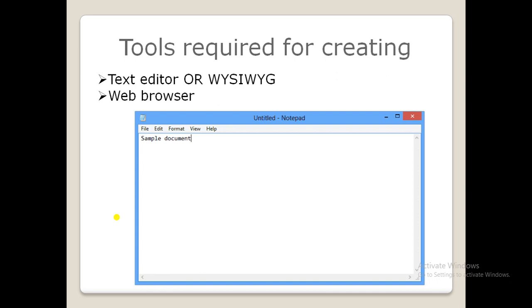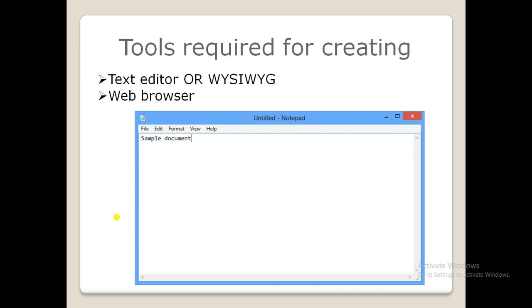So this editor can be Notepad, WordPad, a program that is required to write the HTML code. So in text editor we have, for example, Notepad. So I have shown you a picture of Notepad. So this is an example of a text editor. This is an inbuilt interface to design a web page quickly without knowing the actual HTML. So using the What You See Is What You Get editor, you can directly design a web page.